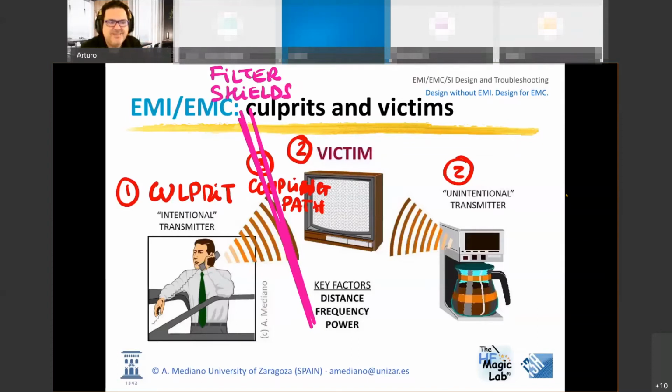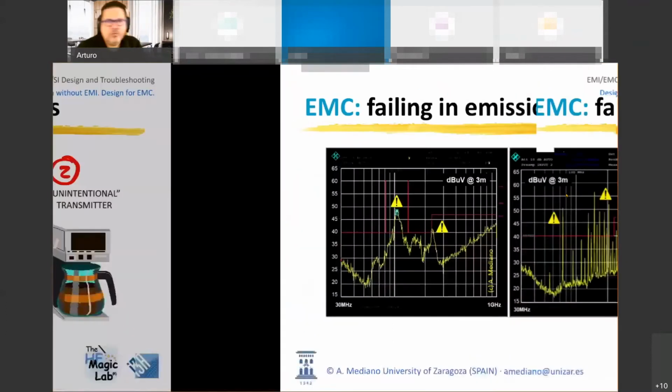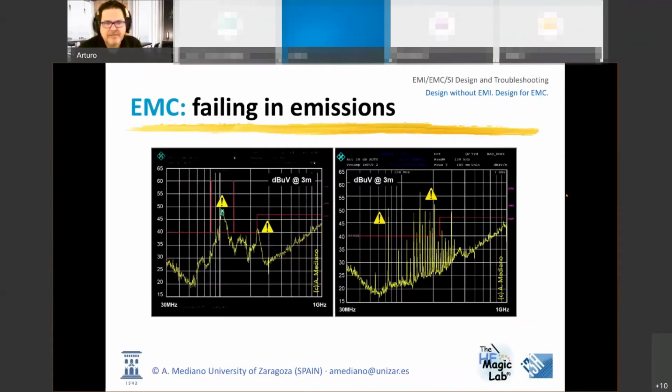But remember, there is another important possibility to solve the problem: to kill the culprit. I mean, to stop the frequency generation. And to be able to solve the problem in this way, we need to locate where the energy is created in a circuit. So when you go to the laboratory for conducted or for radiated emissions, you will obtain typical